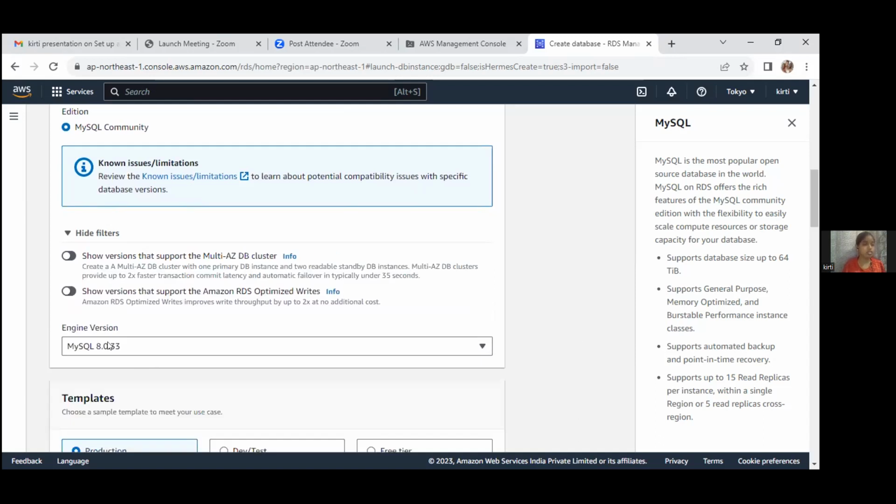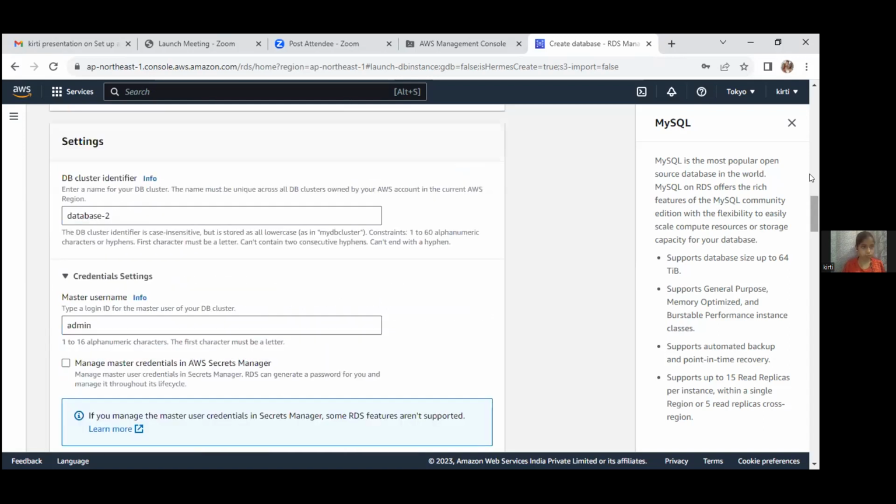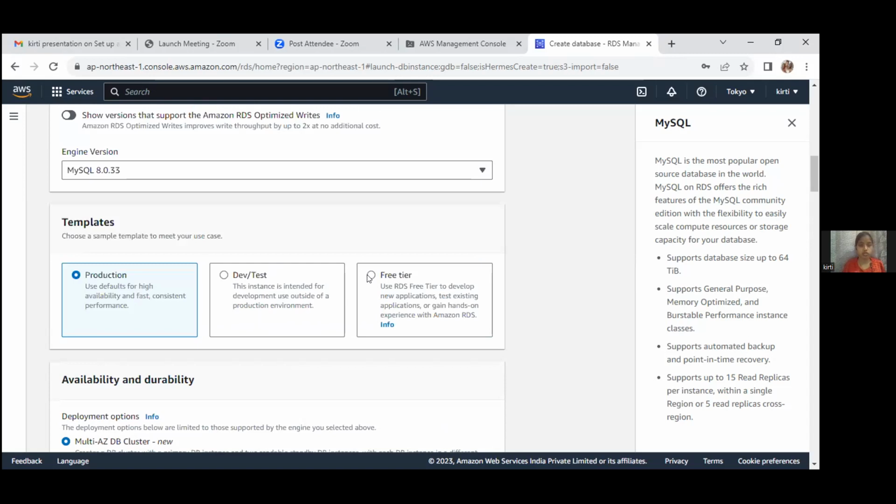This is the latest version of MySQL, and scroll down. And for templates, I choose free tier and scroll down.